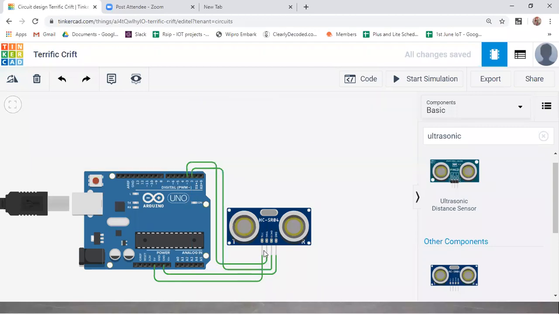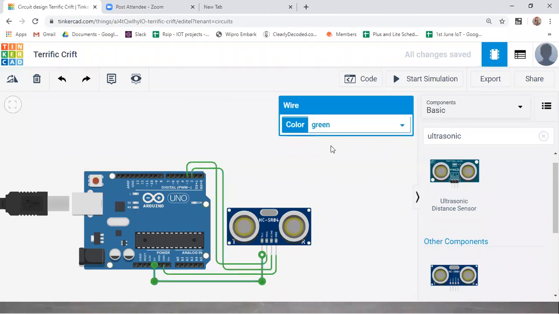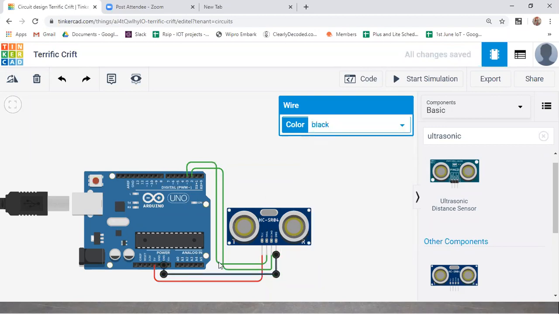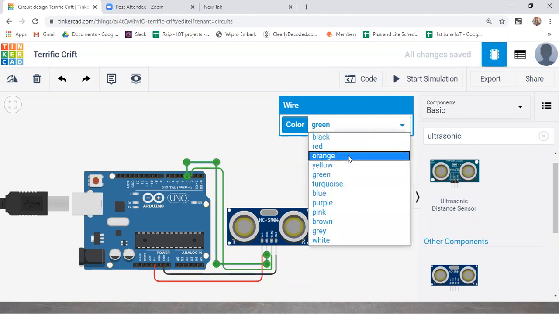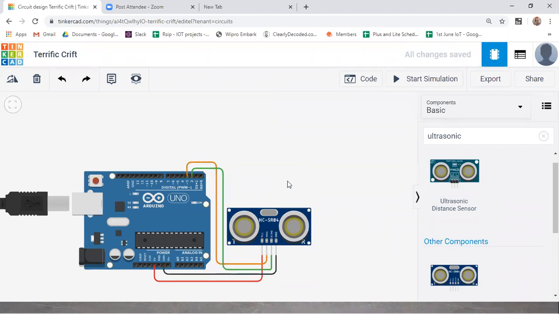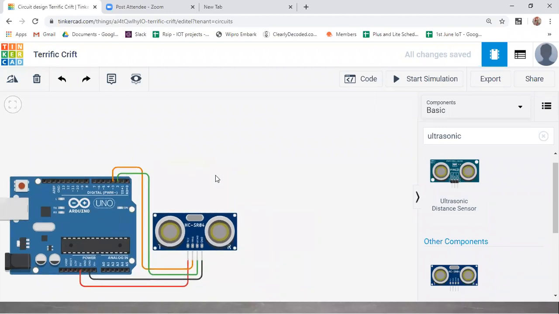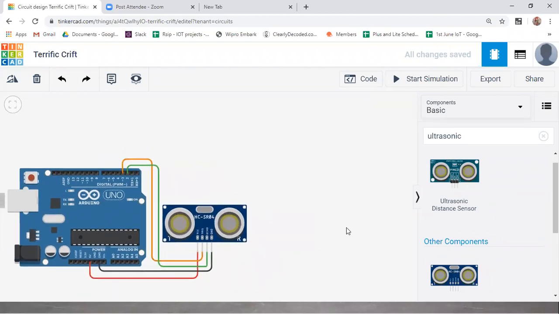I'm done with the connection, guys. I'm just changing the color of the wires, just for you people to understand. So this is how you need to make the connection.